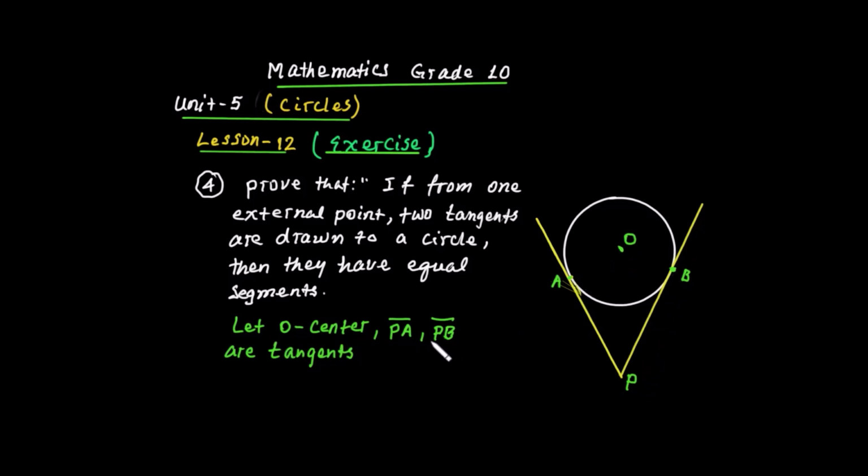and PA and PB are tangents to the circle። ስለዚህ ይህን ስቴትመንት ፕሩፍ ለማድረግ ይሄ ሁለት ታንጀንቶች ይሰጡን PA እና PB and the point of tangency is A and B። ስለዚህ A is the point of tangency for the tangent PA and B is the point of tangency for the tangent line PB ነው። አሁን ጥያቄው ምንድነው is PA is equal to PB, they have equal segments ነው ኮንክሉዥኑ የሚለው። ስለዚህ PA እና PB እኩል መሆናቸውን እናረጋግጣለን።